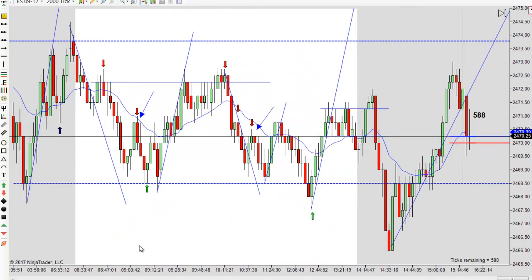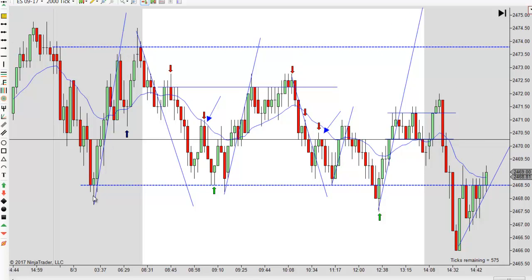But yeah, the key is getting long off the lows and short off the highs on a range day. And the key that this is a range day is your EMA is going sideways and prices are constantly above and below it, flipping up and down, up and down. And the other key, the main key early on, is that prices, here's your overnight high and here's your overnight low. By late morning, you're still trading within that, going back and forth above the EMA. That's a range day. That's what you need to keep in mind when you're trying to remember the type of day it is and how you should be trading it.